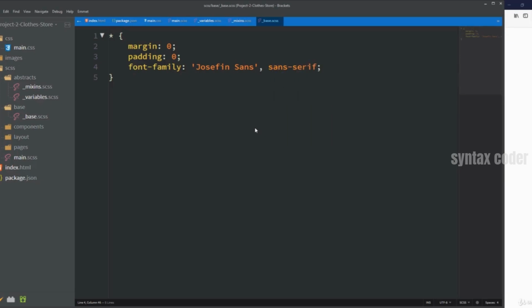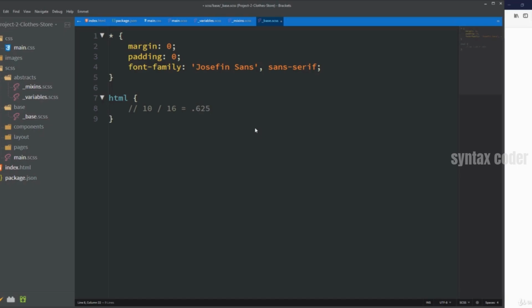Alright, so throughout this project we're going to use mostly rem as a measurement unit. As you know, by default font size of HTML element is set as 16 pixels, and therefore 1 rem by default is equal to 16 pixels. In our case, I want 1 rem to be equal to 10 pixels because I think it will be more convenient. So in order to do that, we need to decrease default font size of HTML element. In order to calculate font size of HTML, we have to divide 10 pixels by 16 pixels. If we calculate, we will get